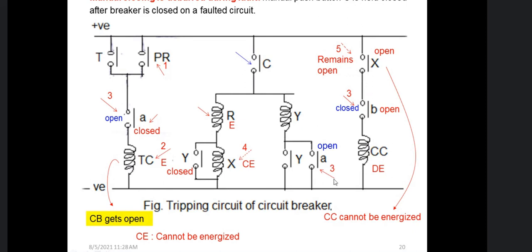I got this type of circuit from a different book. I think it is useless also, because if Y is not energized, then this Y will not get closed. So through this contact Y, it can never get energization. For that A is sufficient. So we can discard it also. And in the explanation also, you have seen that this contact is not used anywhere. It is not required. I do not know right now if it has any other application, but for the purpose we have discussed, I have not found any function of this contact.